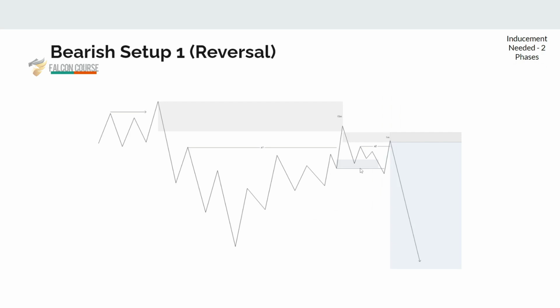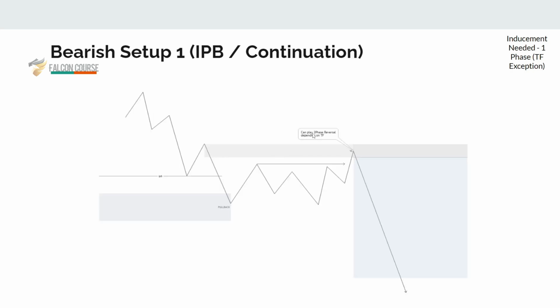Bearish setup, so reversal 1. If we have a bearish reversal, we have an order block. We have our phase 1, same as our bullish, exact same, just flipped really. Vector level gets broken, and we create that phase 2. Can be before or after the order block, of course. And then the final one, we have inducement pullback for a bearish setup.